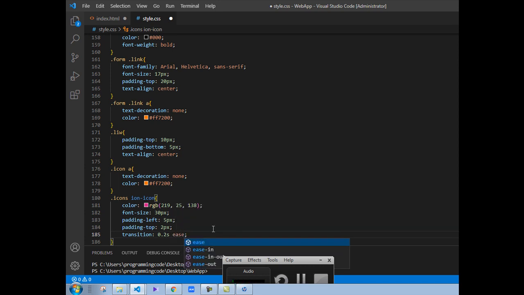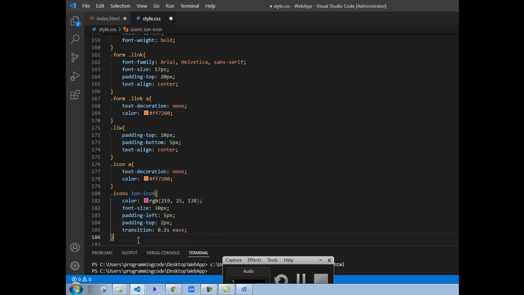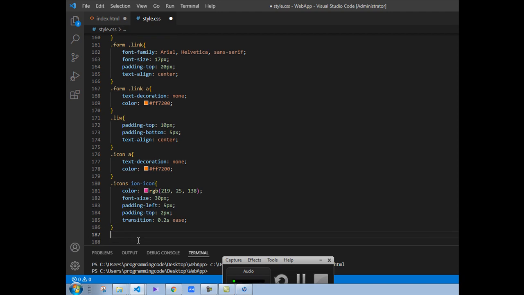Such this. Color I've selected for this, and I've got the last